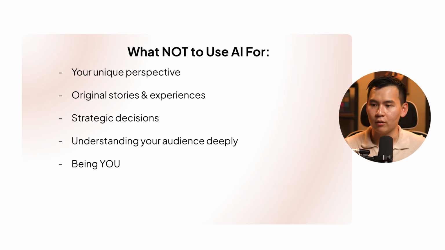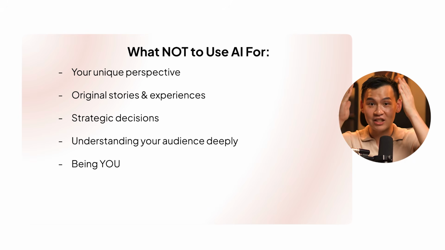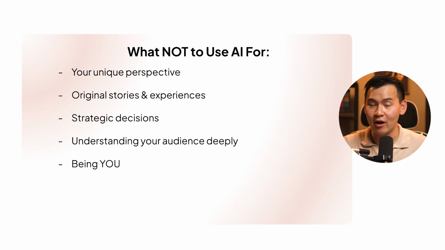to use AI for. So you don't want AI to come up with your unique perspective, because your unique perspective is your unique perspective. You cannot get AI to generate, hey, what do you think that I think about World War II? Unless you train the AI on thousands of words of yours, right? Books that you've written, or conversations that you've had, calls that you had, right? Documents that you've had. Only then can you ask it for your unique perspective. But if you haven't trained it even one little bit on your unique perspective, you can't expect it to spit out your actual beliefs, because then it will just create some mumbo jumbo there.